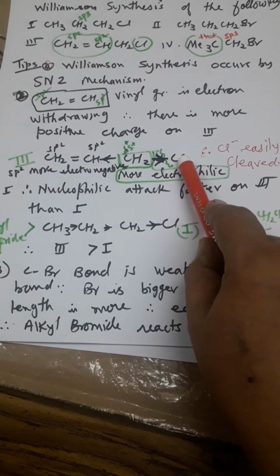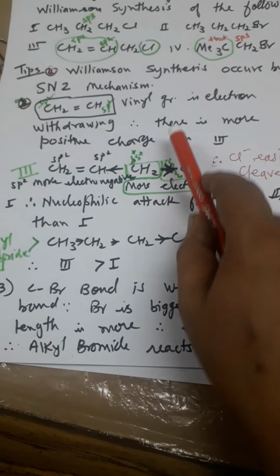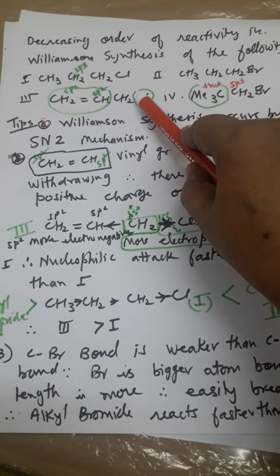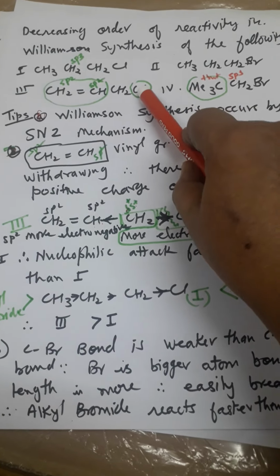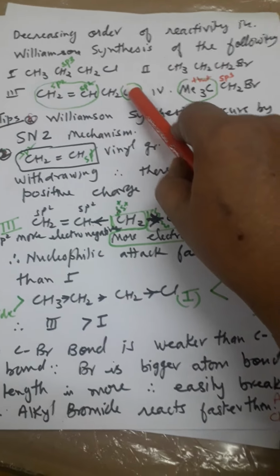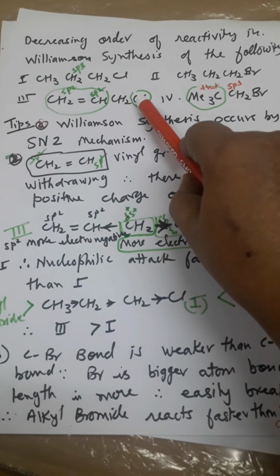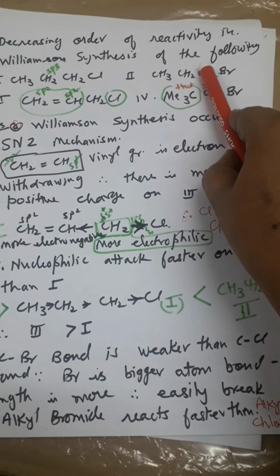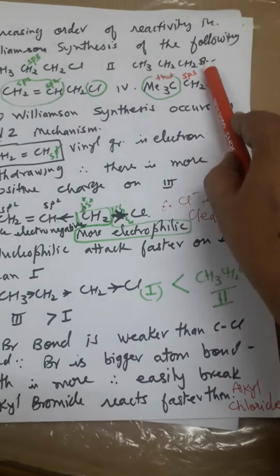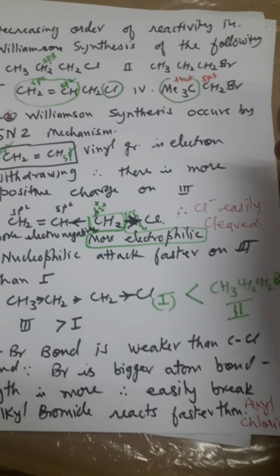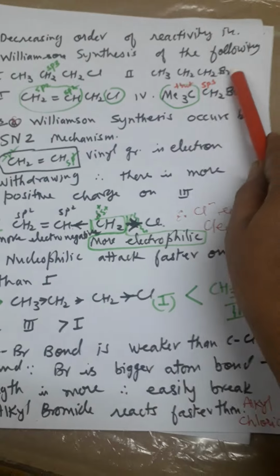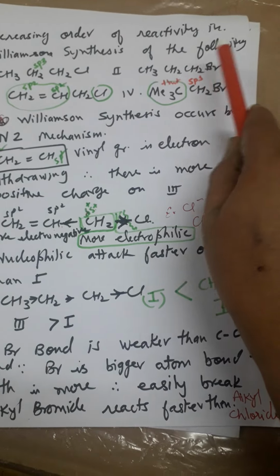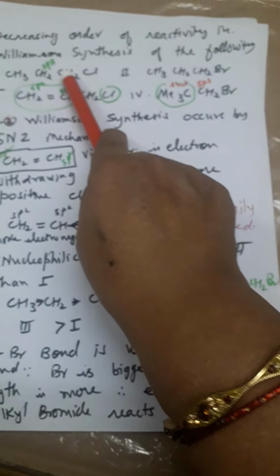Now why have I done this? Because I want to compare this allyl chloride with this 1-chloropropane. Both of them have a Cl group, but this is cleaved more easily as compared to this. It means this has faster reactivity as compared to this. We have discussed this and this. Now we will discuss the first and second. Here Br is bigger in size, and it is also a better leaving group as compared to Cl. So it is cleaved very easily as compared to Cl. It means this is more reactive. 1-Bromopropane is more reactive as compared to 1-chloropropane.